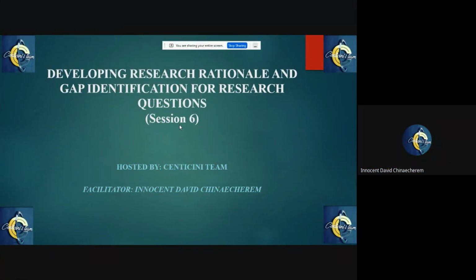Let's go. In the course of today's session here, if you're listening to us, it's going to be a very smooth experience on how you can actually identify gaps in research. And we're going to have a slight touch of our search strategy, because for you to identify the gap in research, you need a strategy. You need a strategy, and it's very pertinent.